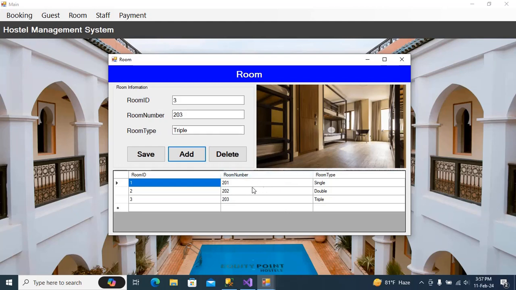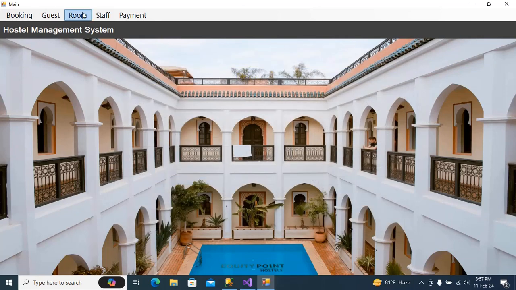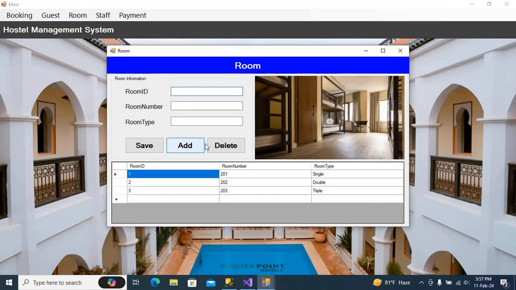We can give any number we want. So in this way we can keep all the room record information. And I can just close and select room again. I can delete